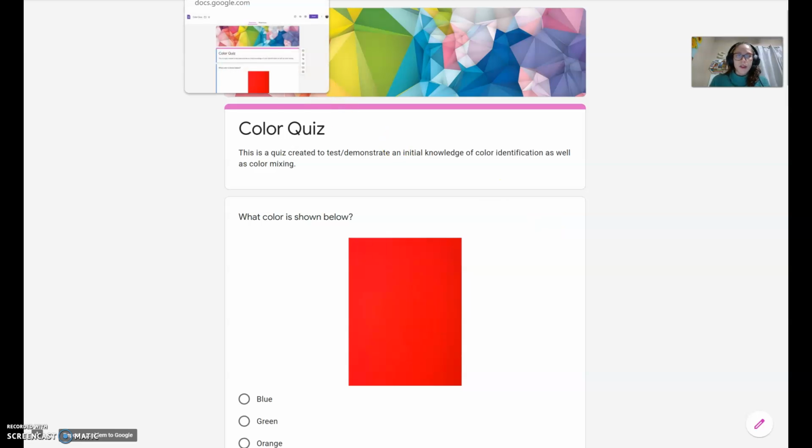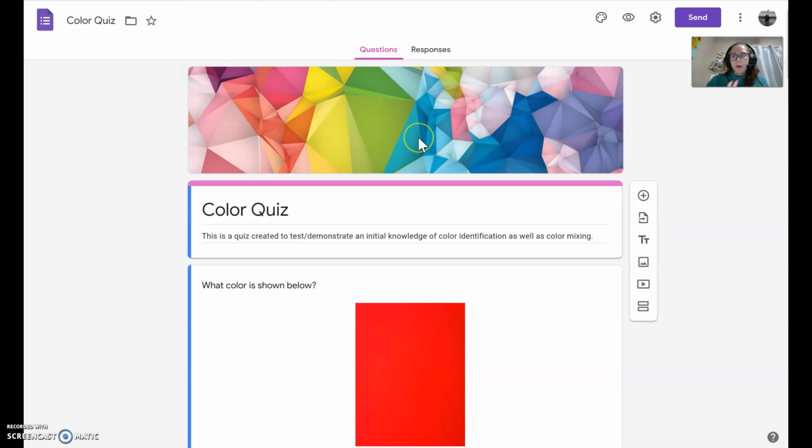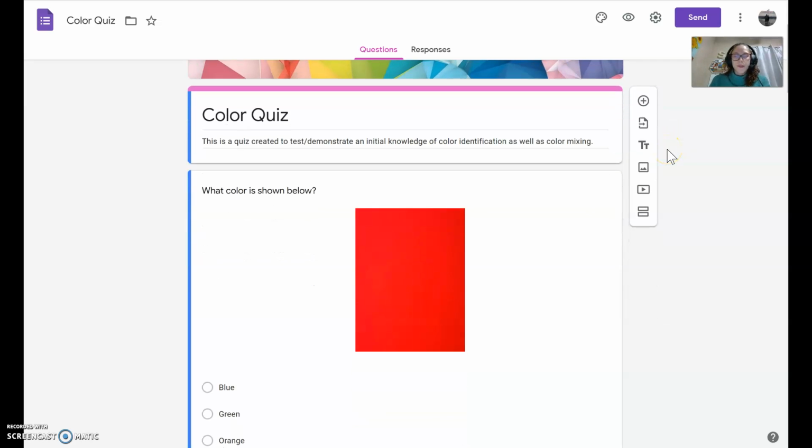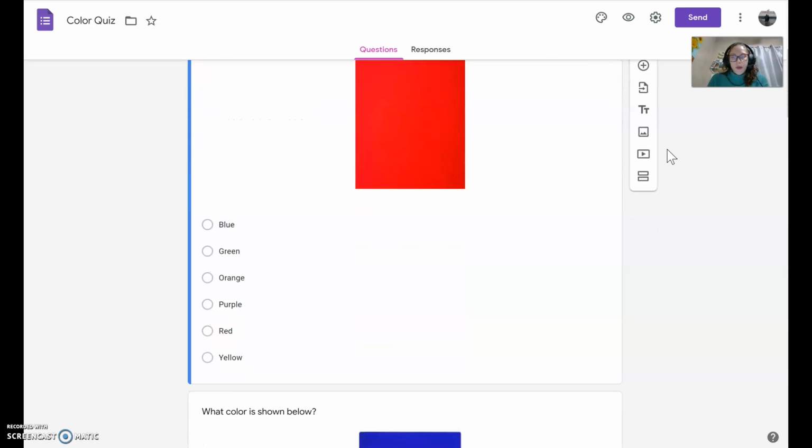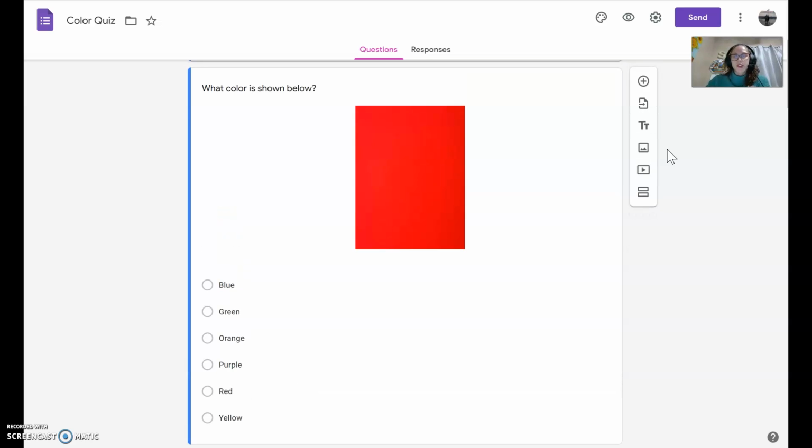One of the great things about Google Forms is if you go into the editing option, it allows you to customize it and really tailor it to what works best for you. Since a lot of my questions, specifically questions 1 through 6 and then questions 7 through 9, were all repeats, just highlighting a different color,